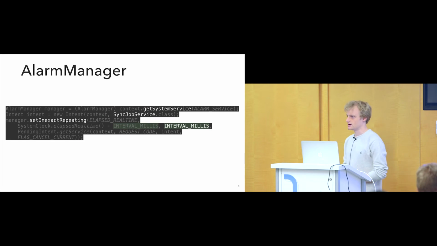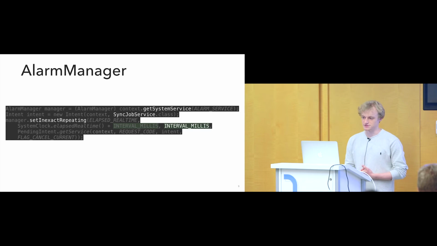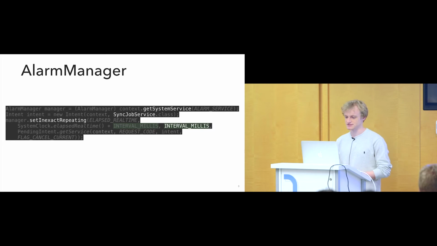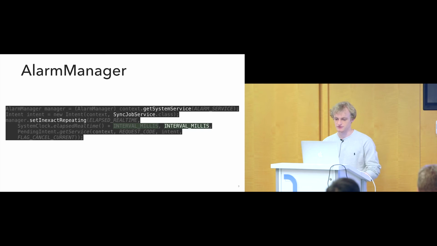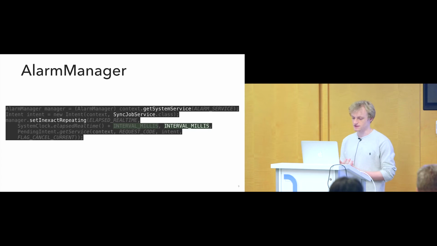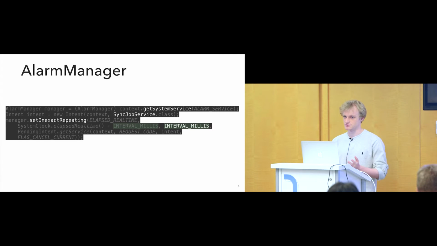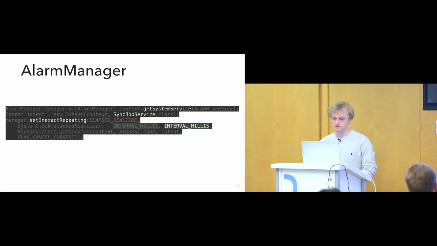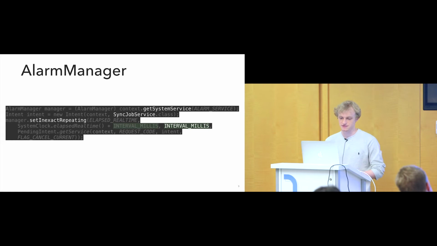So API 1, we have AlarmManager. This was kind of like everybody's first entry into this type of syncing, perhaps. So super simple. We'll get to the downsides, but we have the system service as the Alarm Manager, which is just a system service. We give it a pending intent for maybe our service or our broadcast receiver that we want to launch when we want to do the syncing in the background,